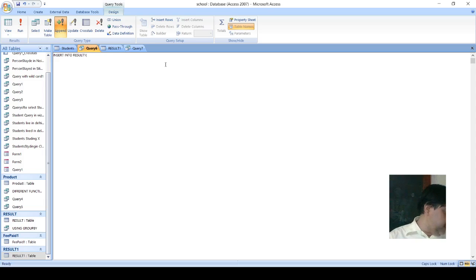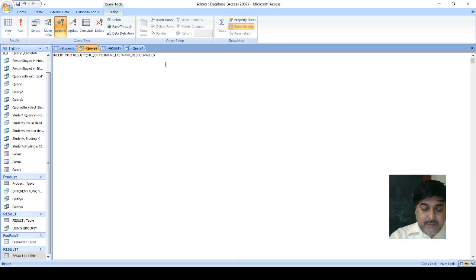After opening it, we can, as usual, write stu_id, then comma, then first name, then comma, after the first name, last name, then comma, after the last name, result, then close the bracket, then values.